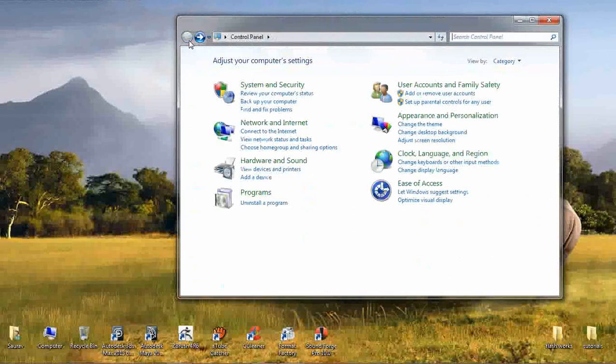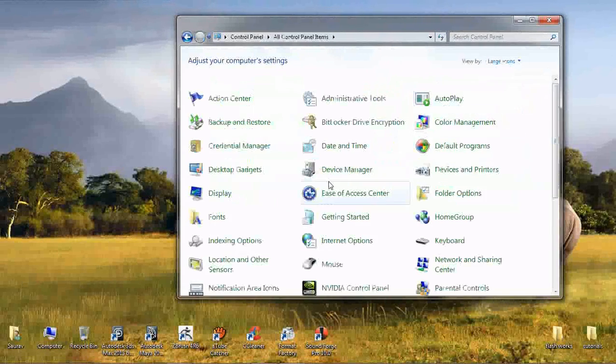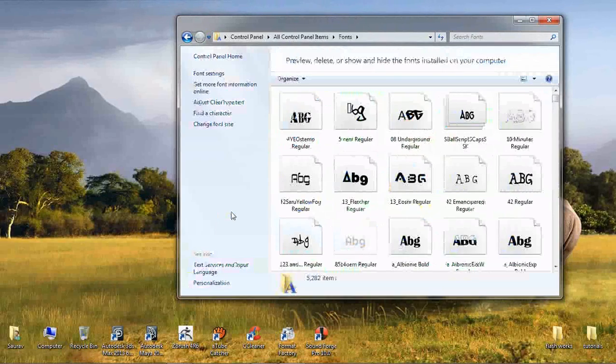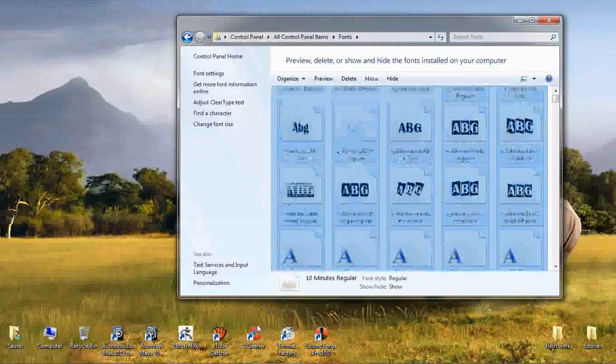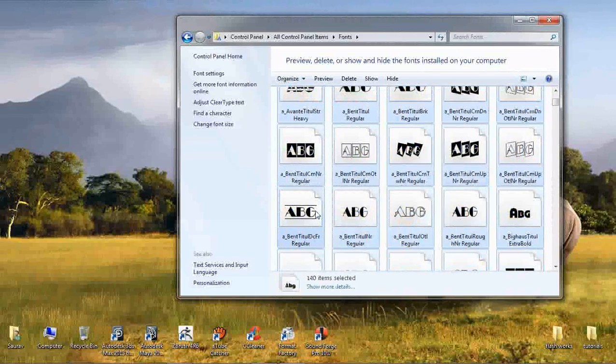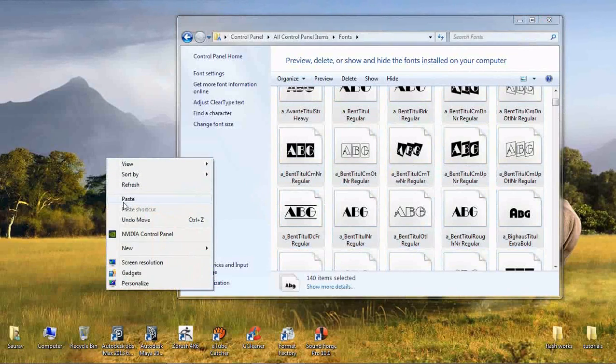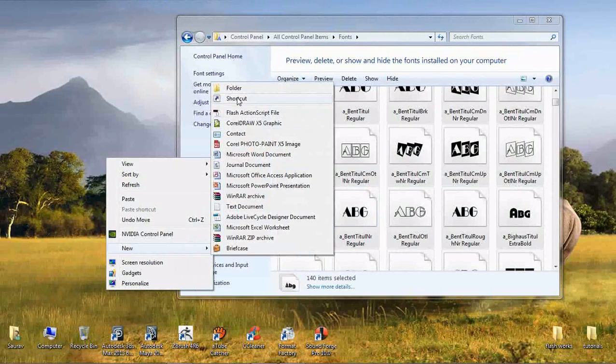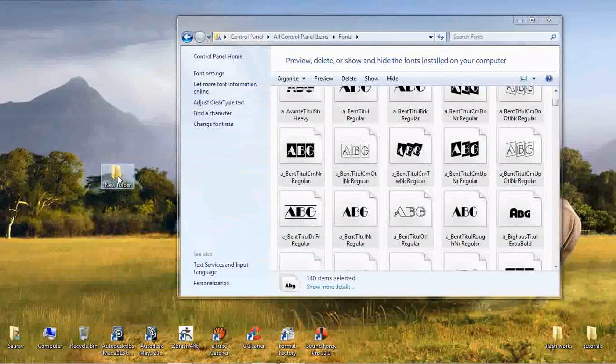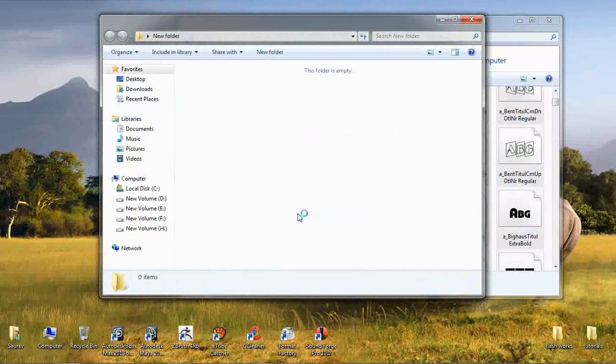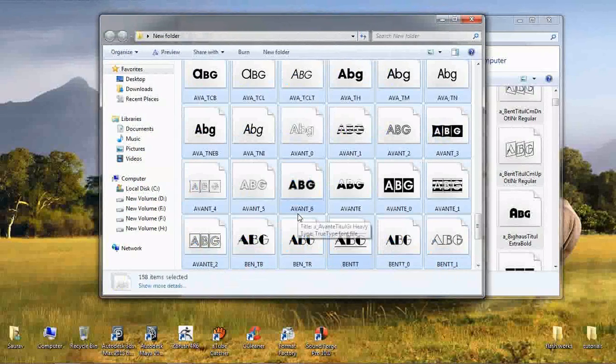I will show you again. So like this you get a palette. Just click on large icons, go to Fonts, and copy all the fonts from here, whatever number of fonts. Make a folder with any name you want, and I am showing you an example. Make a folder and copy all the necessary fonts you want to store, and keep them like that.